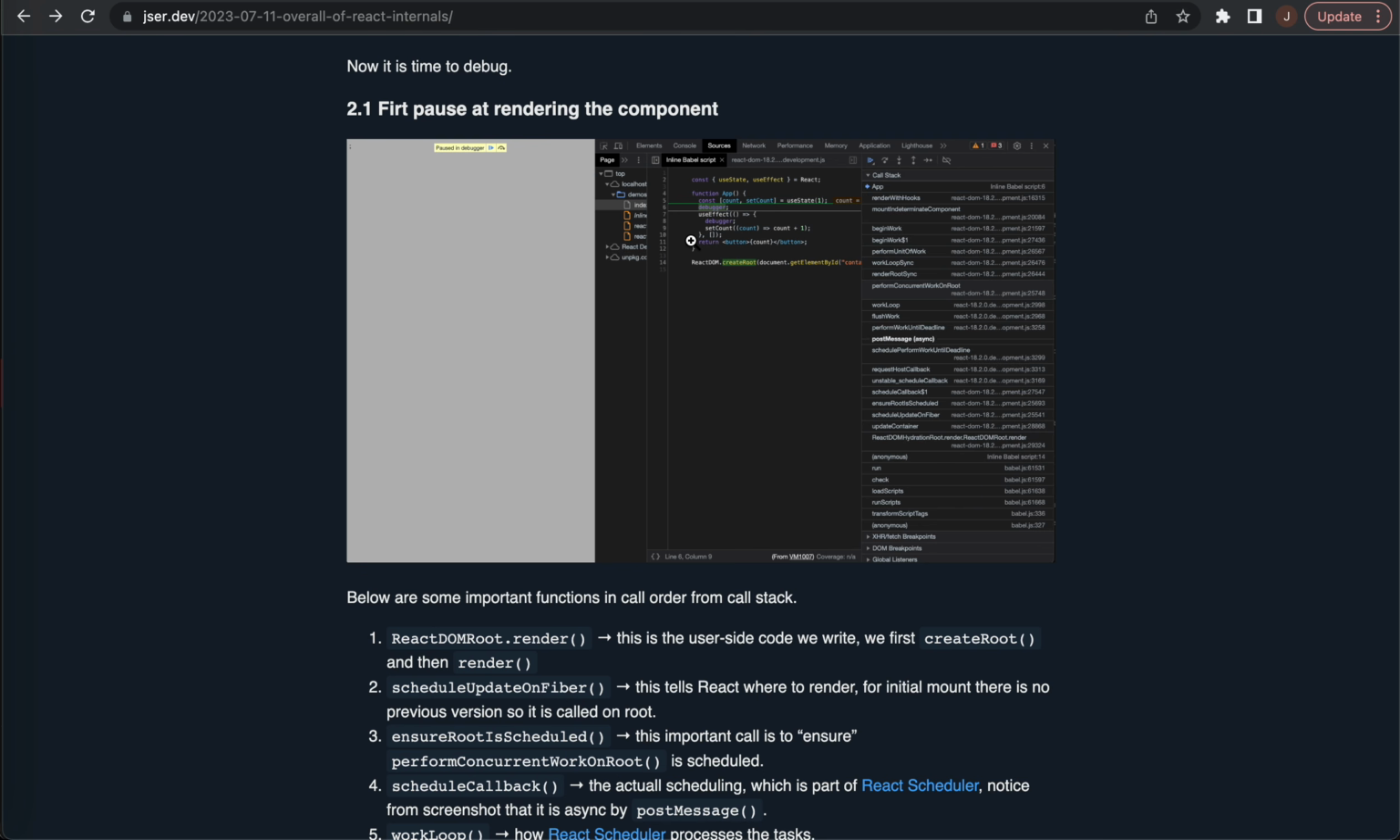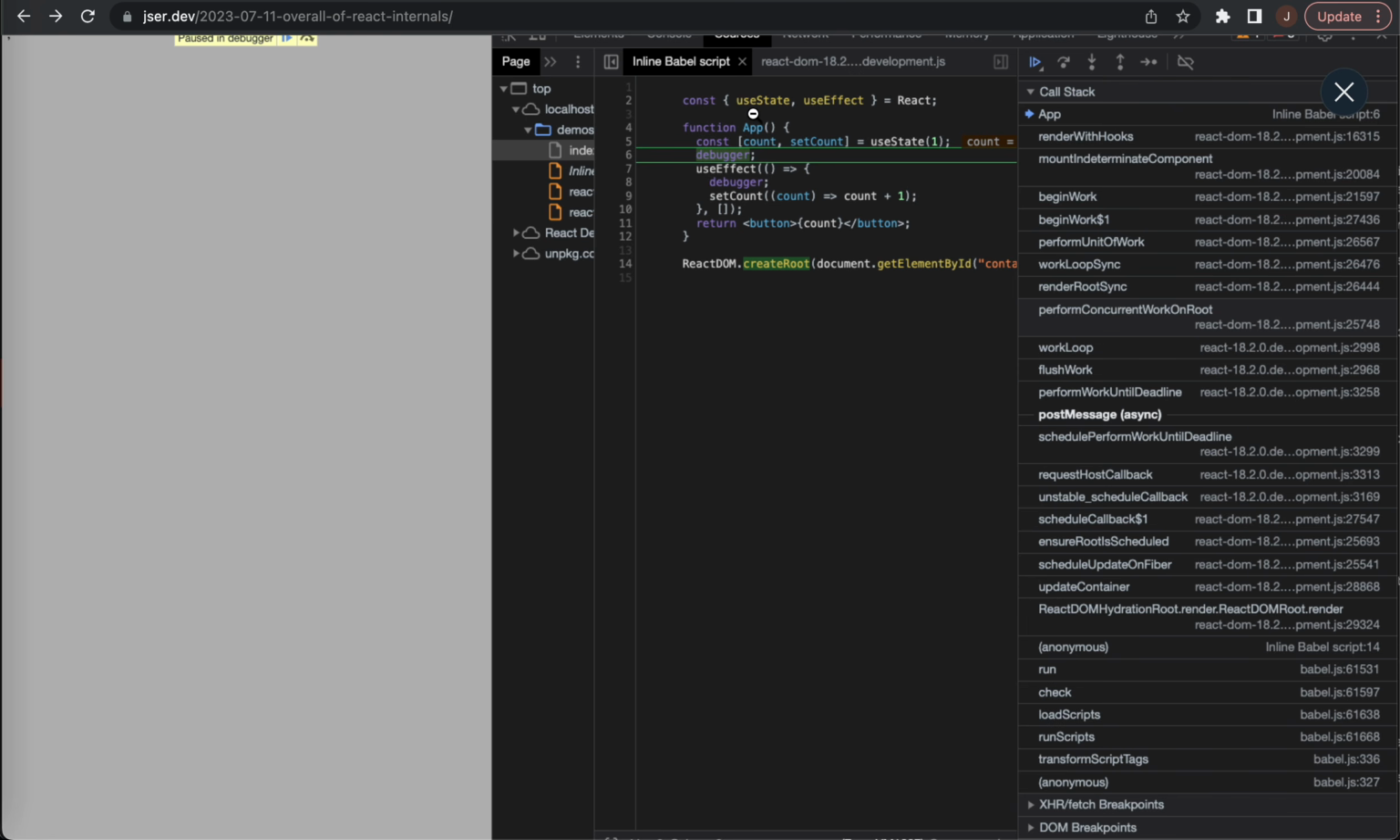So the first pause is actually the debugger in App. That is where the app is run. So here, we could have a rough image of how function components are run, right? If we take a look at the call stack, the app is run, and here is render with hooks. Possibly this is kind of like inversion of control. The render is not the app; the rendering is dedicated to the React runtime. And here, mount indeterminate